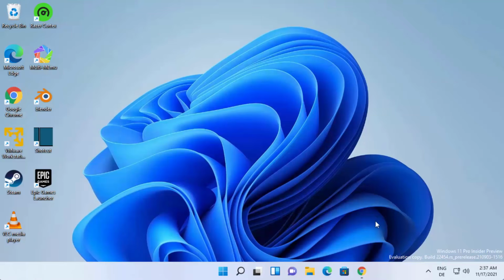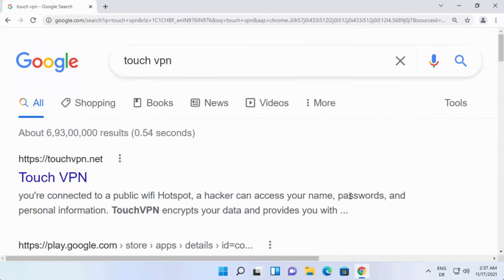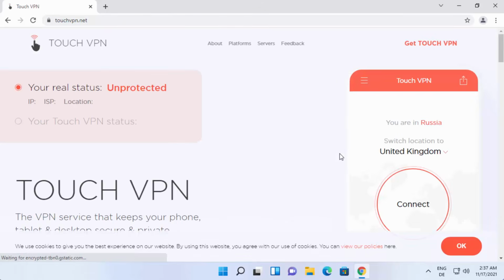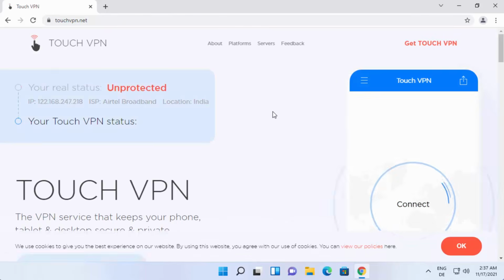So let's get started and let's see how we can do it. First of all, open your favorite browser and search for TouchVPN, and the first link which will appear here will be from touchvpn.net. So just click on this touchvpn.net website, and here you will be able to see this